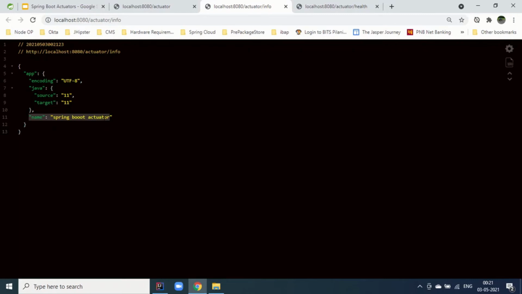Okay, so there is also support for Git information as well as build information. We can use the plugins to add the Git information as well, so that we can come to know which code branch is running right now.